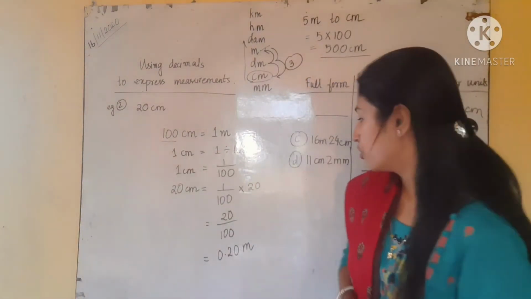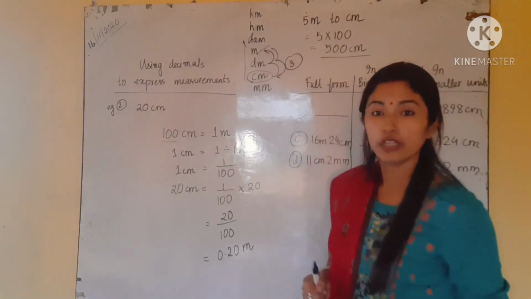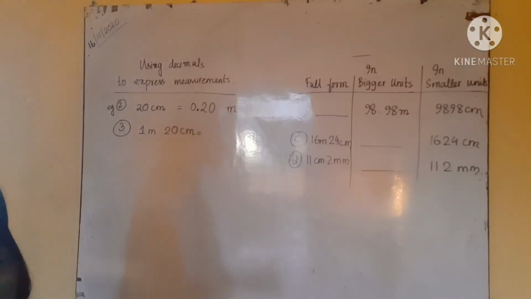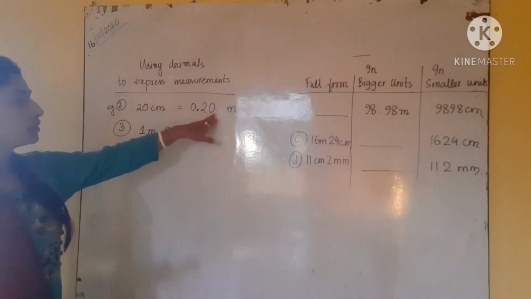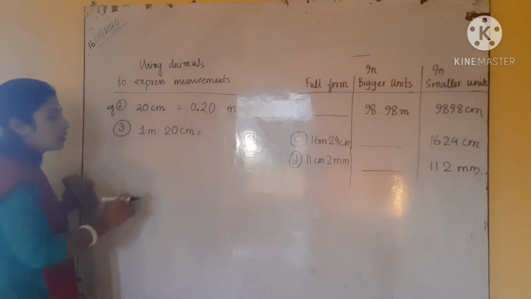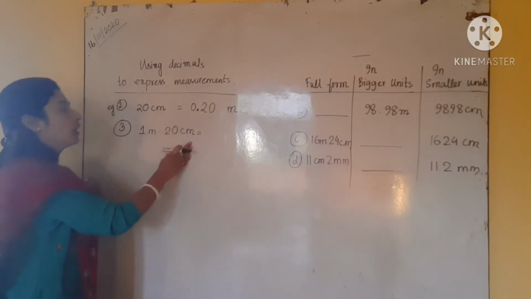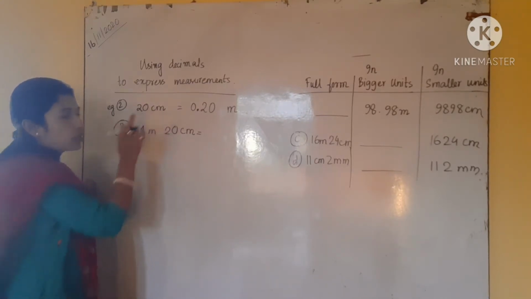Okay, students. So for converting from centimeter to meter, we have to divide by 100. So see finally what we are getting. Students, finally I am getting 20 centimeter is equal to 0.20 meter. Similarly, if some question will be like this, they consist of 2 units all together. I have given you 2 examples, and those 2 examples have only 1 unit.